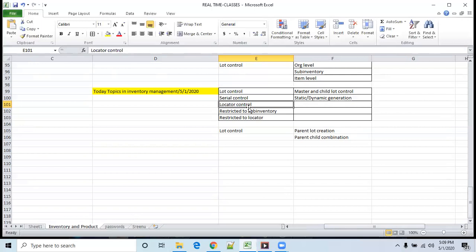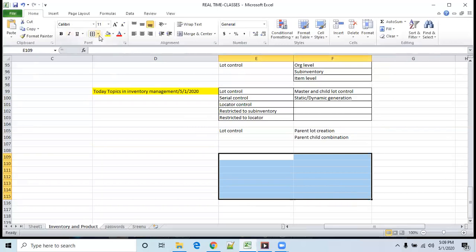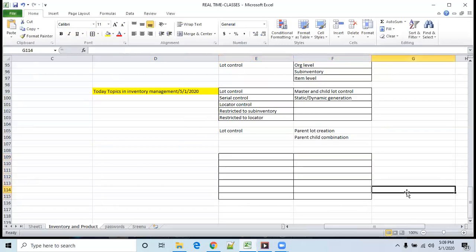Locator means utilizing your warehouse space in an effective manner. You can find the row, rack, bin concept; that is the locator. We have rows and columns. We usually see this in malls, right? How do they store the goods?